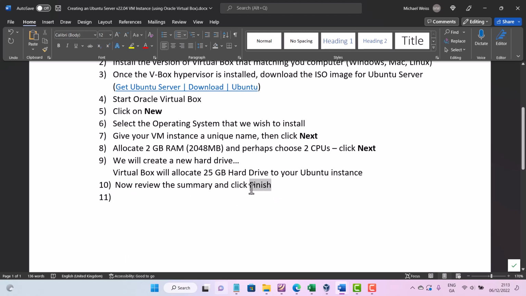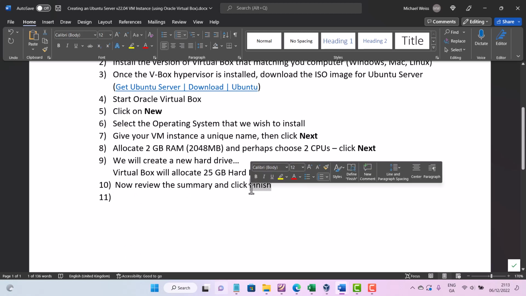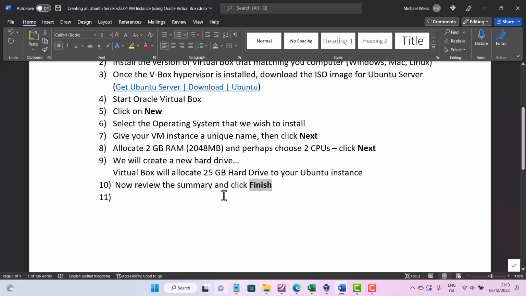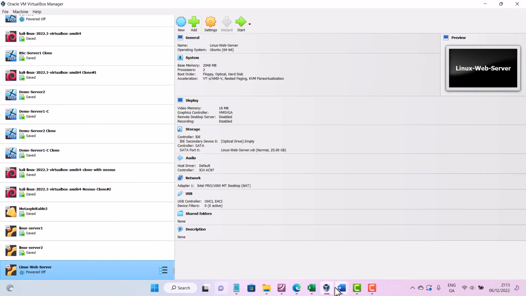Now, just because you click finish doesn't mean it's done. Basically you haven't installed any operating systems. All you've done here is put in the shell. So now the next thing we need to do here in our VirtualBox